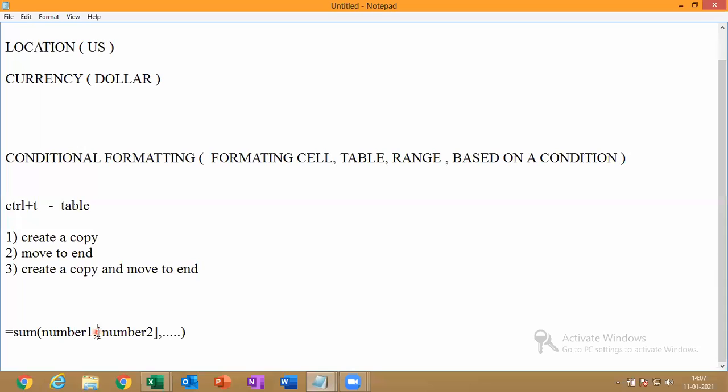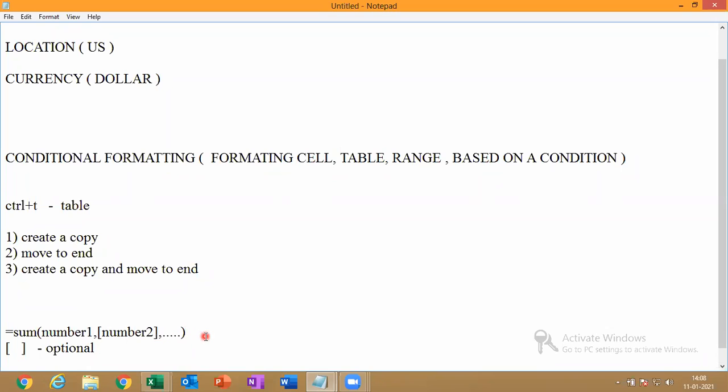for the number 2. Why this square bracket is there means, assume that the square bracket is nothing but optional. Optional means number 1 if it is there, enough. Number 2, if it is there, okay, not a problem. If number 2 is not there, not a problem. Number 1 is compulsory. If square bracket is there, means number 2 is optional. If you have, you can select it. If you don't have, I have only one range. I don't have one more range or one more value. I don't have a number 2 value. So then don't worry about it. It is optional. But one is compulsory, two and dot dot.